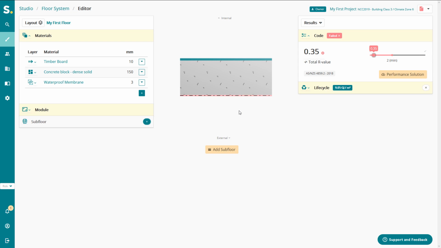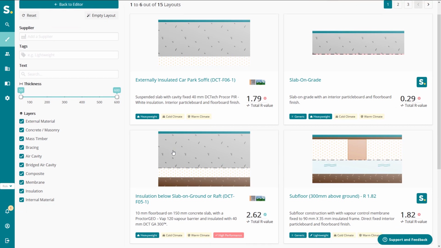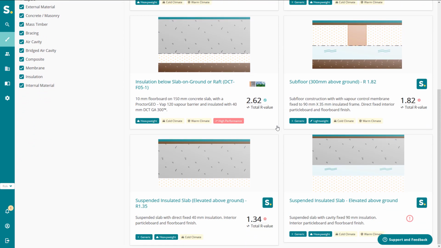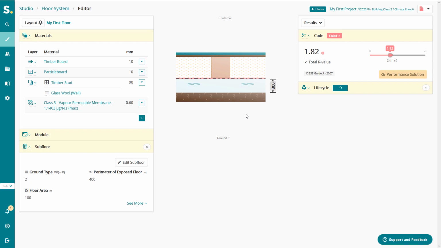So continuing on from that last video introducing you to the floor system app, I've still got the same floor type here. But what I'm going to do, because I want to show you what's going on in the subfloor space, as in a traditional subfloor, I'm going to suggest that we look at a more traditional subfloor. So a floor system that is supported and has air or ventilation running underneath it,